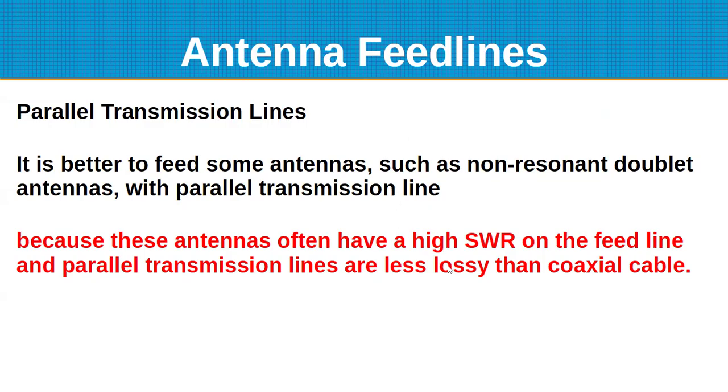This is just a thing because there's a question about it. There's some antennas like this non-resonant doublet, which we won't really talk about, which probably is going to give you a high SWR because it's very hard to match. So using a parallel transmission line like the window line or the ladder line